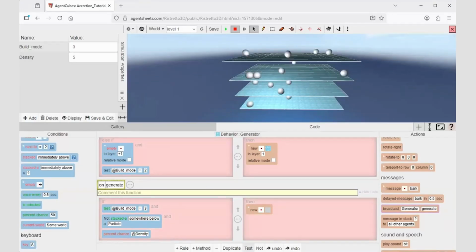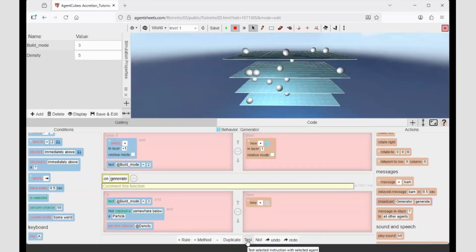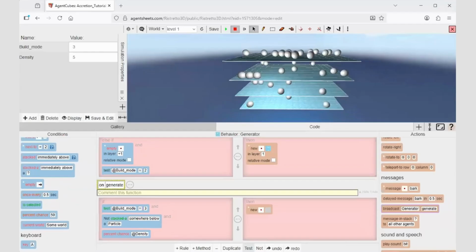And now we have a number of particles. We really don't know how many there are. If I do this test again, I'll get more particles. And notice they're not stacking on top of each other. They're only being generated in the cells that did not have a particle. Now, I'm going to save this world,